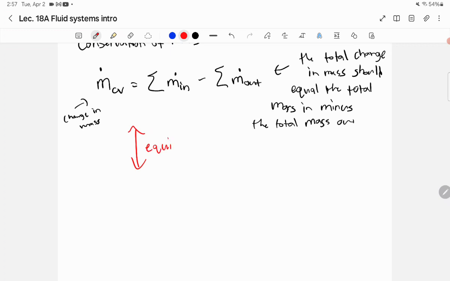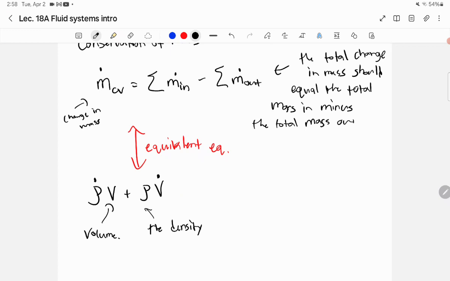This can also be written, so this is going to be an equivalent equation, which is rho dot times V plus rho times V dot, where rho, of course, is, as we mentioned, the density, and V is the volume. Okay? So these are all the key kinds of concepts and equations that we'll be using,